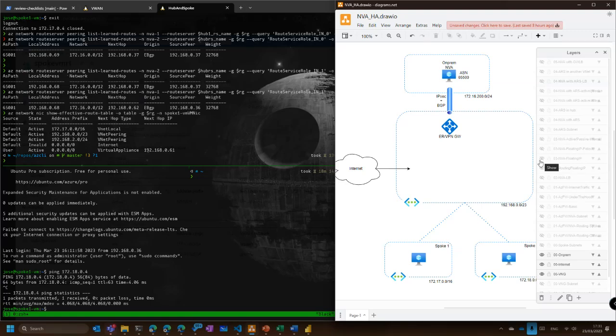NVAs with so-called floating IP. So essentially, where we have, sorry, this is the main lab topology that I will be using for the hub and spoke scenarios, where I have a couple of spokes, one hub, and simulating on premises via a VPN tunnel. So in this case, if we have